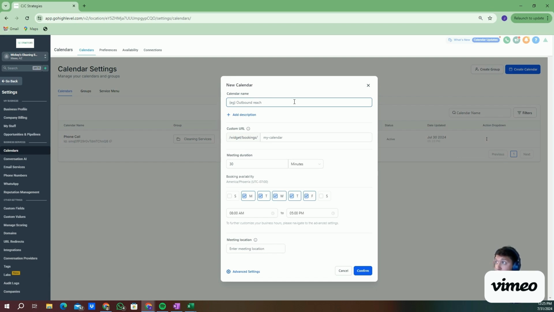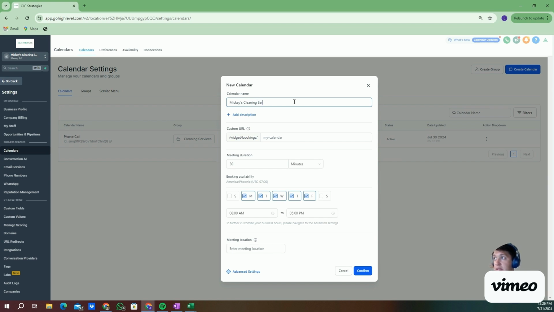So, calendar name. People are going to see this. If they're able to book within this calendar, they're going to see the name. However, for this specific instance, I'm working with a cleaning company. They're going to be the ones booking the calendar, so we don't have to worry about the customer actually seeing the calendar name. I'm still going to name this what I think it should properly be named. So it is Mickey's Cleaning Service, but I'm going to say Mickey's